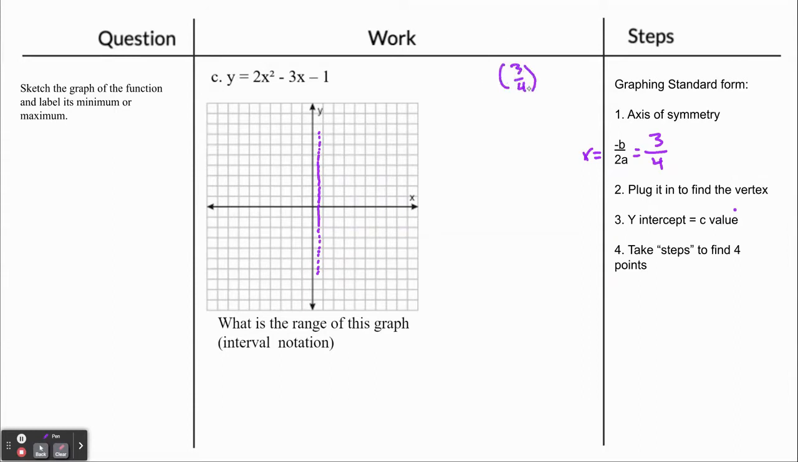So to find the y value of our vertex, we can go ahead and plug that in to our equation. So what that looks like is 2 times 3/4 squared minus 3 times 3/4 minus 1. So we get 3/4 squared, which is actually 9 over 16, minus 3 times 3/4, which is just 9/4, minus 1. Now I'm going to go ahead and multiply this 2 times 9/16, which gives me, bring it up here now,